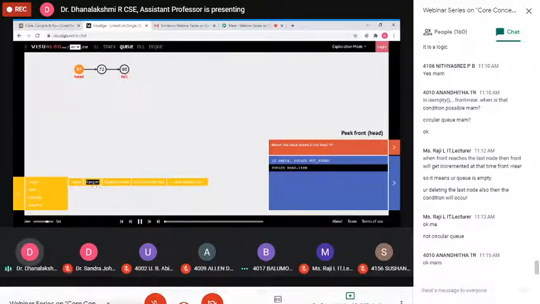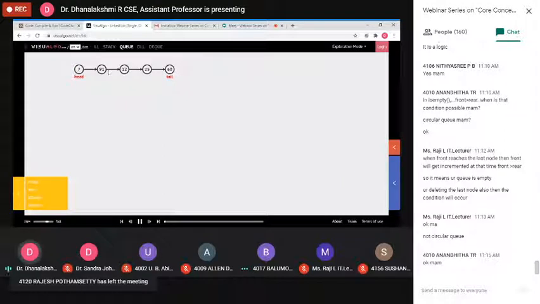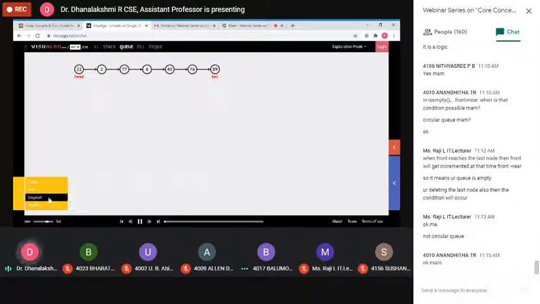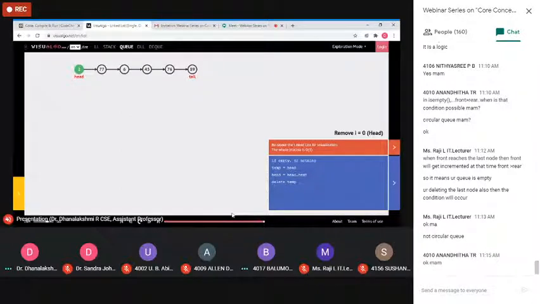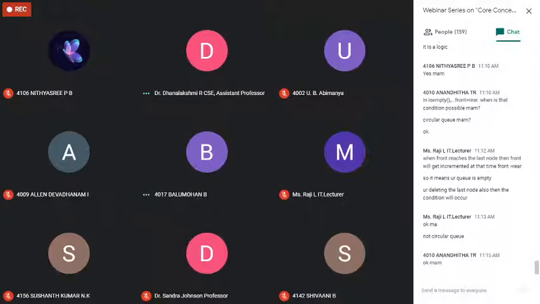If you want, you can select random elements and perform all those operations. Or you can select a random size with fixed elements. Or a user defined list, where you can give your own list. Based on that, we are going to perform NQ, DQ, and peek operations. This is a simple demo of queue. Now next one.